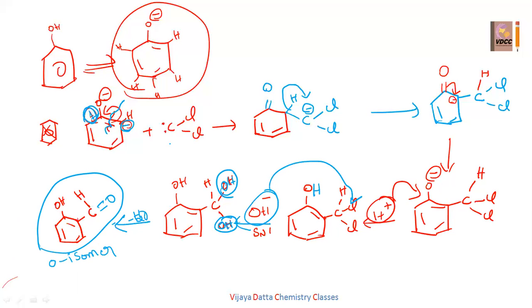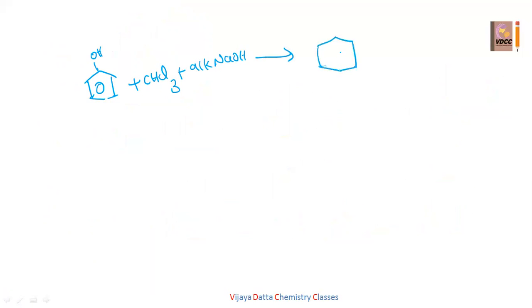So what is happening in the first step? We are creating the carbene. That carbene attacks the ortho position. Then according to that the double bond will be shaped. Then by the SN1 mechanism, by rehydration, we get the ortho isomer. So what is the final reaction we can take from this? Phenol reacting with CHCl3 in the presence of alkaline NaOH creates the carbene. That carbene gives the ortho isomer, OH and CHO.